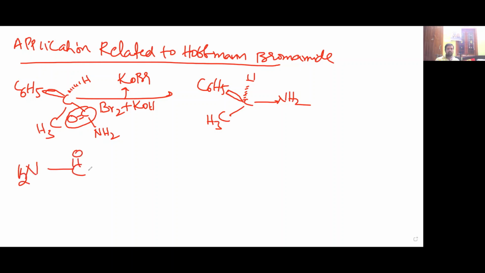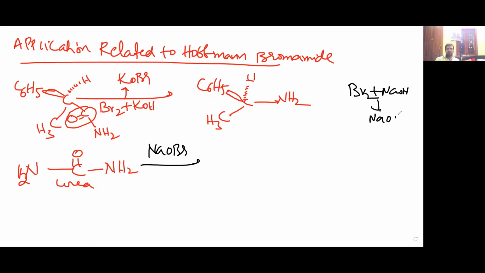NH2 C double bond O NH2, urea. So this is one of the important applications. Same, I'm adding NaOBr. Please keep in mind NaOBr. This is the haloform reaction, also the same reagent. So Br2 NaOH is giving NaOBr. So this is the NaOBr. What I told as the trick, just you missed the C double bond O. You prepared hydrazine. Okay. So the next, another example.